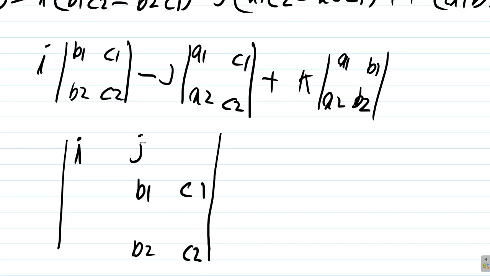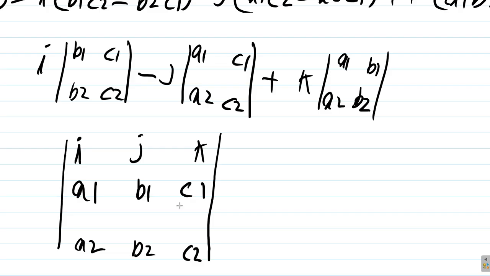Then we have J here, row 1, column 2. If we cover up the rows and column with J, what we would have is what we have up here, A1, C1, A2, C2, and then plus we have K, then we cover up the rows and column with K, and we have the determinant A1, B1, A2, B2. Alright,